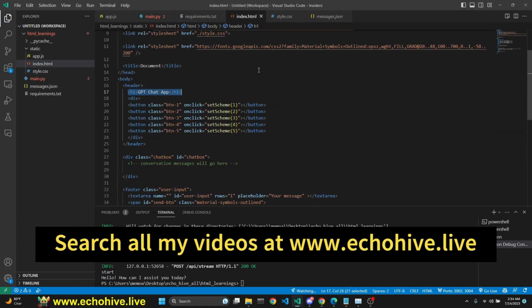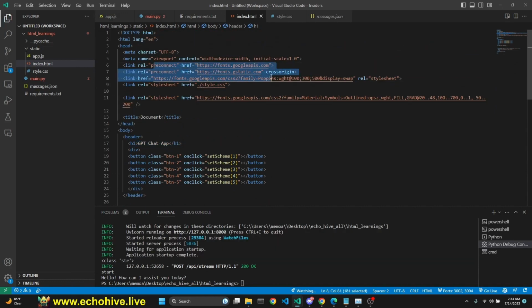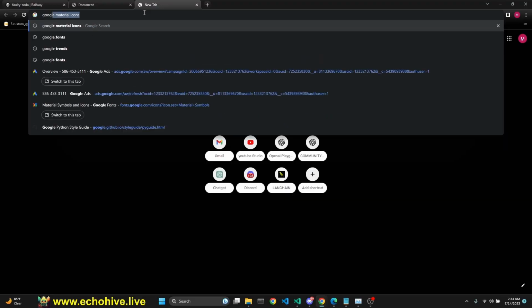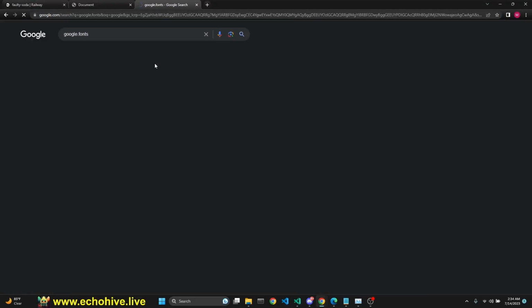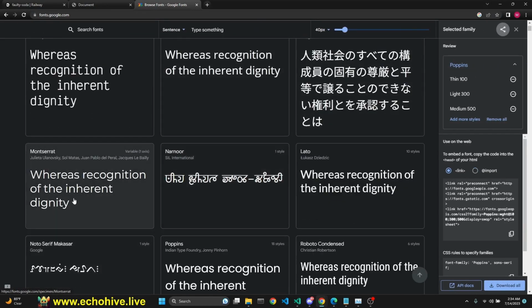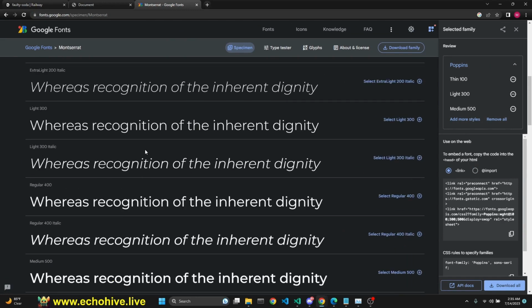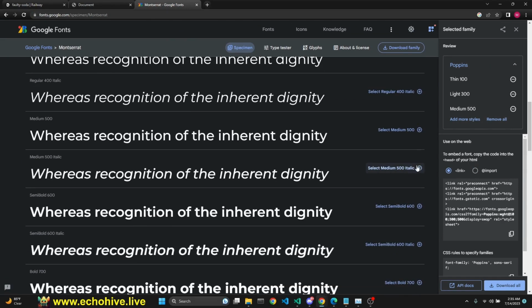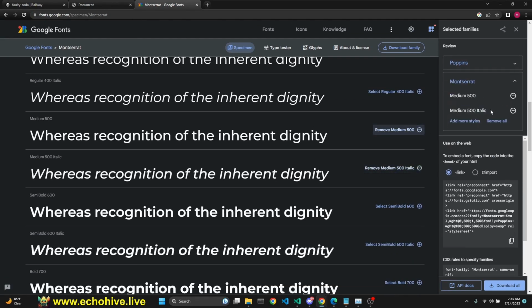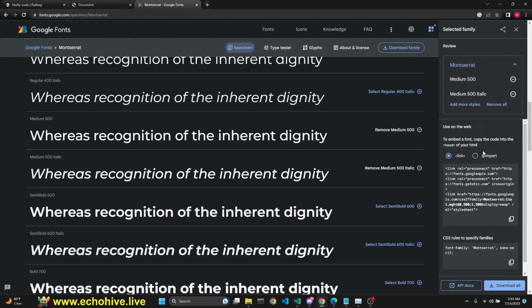Oh, I'm sorry. Let's talk about the index.html. So I am importing some font, the Poppins font from Google Fonts. You just have to go to Google Fonts, and then you can find whichever font you like. Let's say it's Montserrat. You can actually select whichever boldness style you like. You can add them, and right here, like Poppins, maybe I can remove all, and now I just have Montserrat,